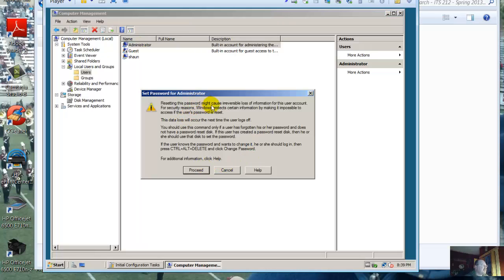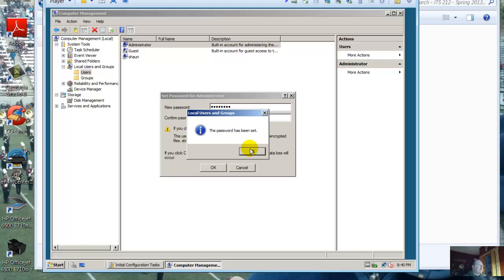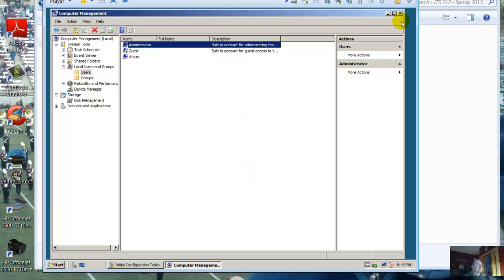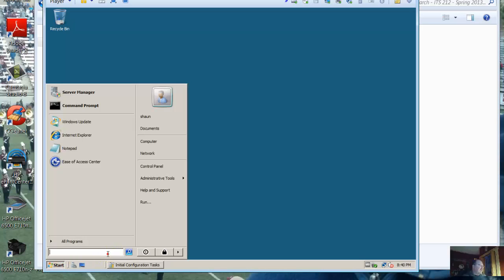Okay, so resetting this password might cause irreversible loss. Let's proceed. New password, and I'm going to call it a password. Make sure you write it down. Absolutely write this down. Know where it is. And I set that. That's good. Now I should be able to go to Start, and I can just type in here